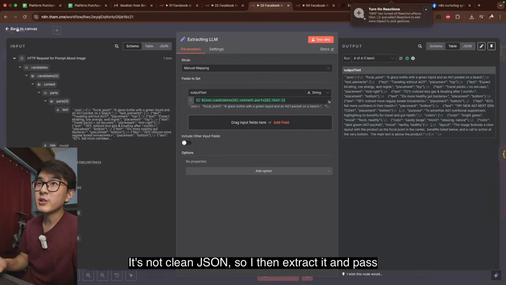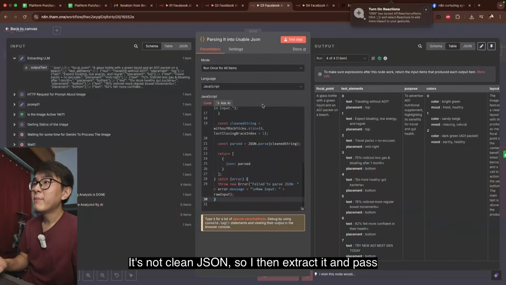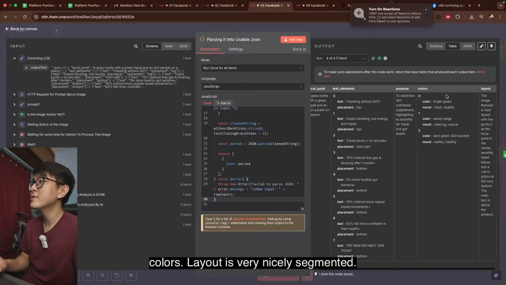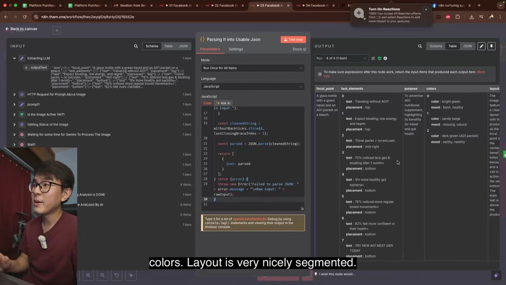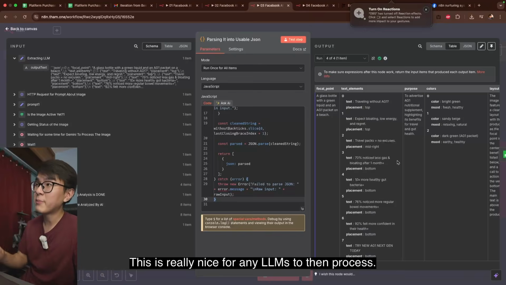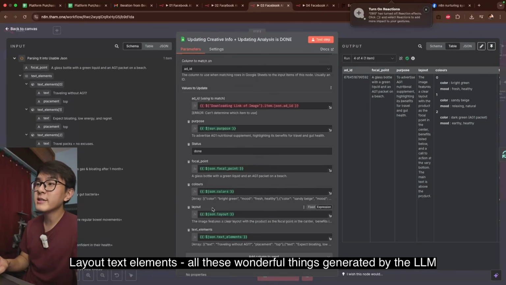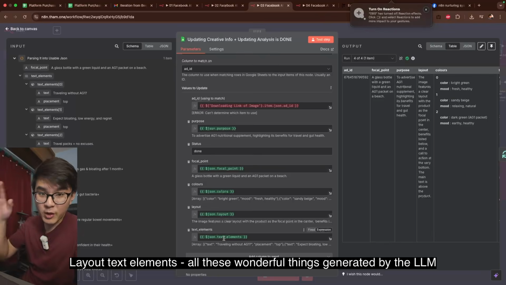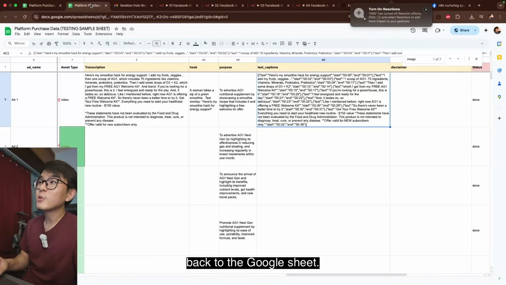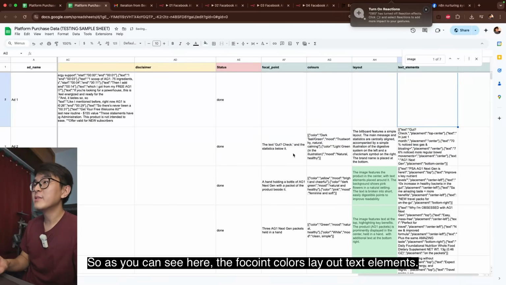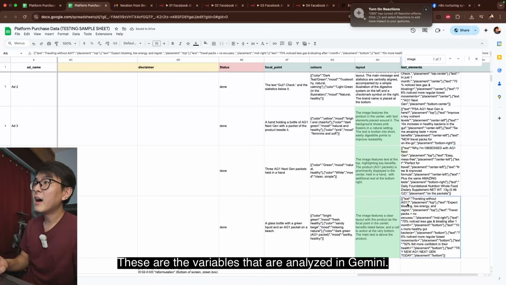It's not clean JSON, so I then extract it and pass it into usable JSON. So you can see the focal point, text element, purpose, colors, layout is very nicely segmented. This is really nice for any LLMs to then process. I then use this Google Sheet node to populate the focal point, colors, layouts, text elements, all these wonderful things generated by the LLM back to the Google Sheet. So as you can see here, the focal point, colors, layout, text elements, these are the variables that are analyzed